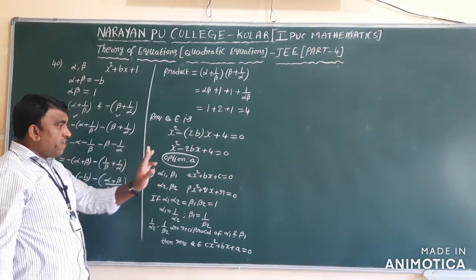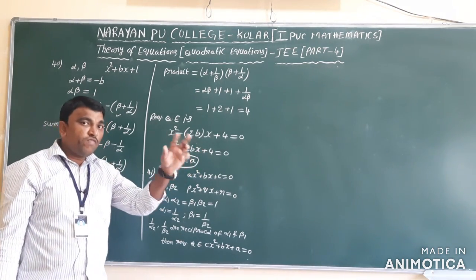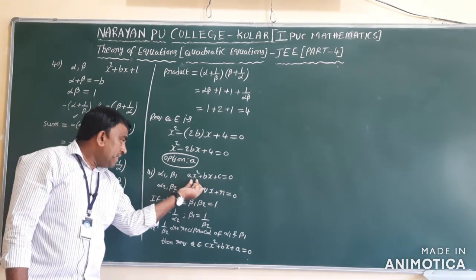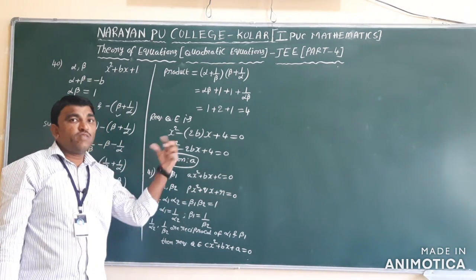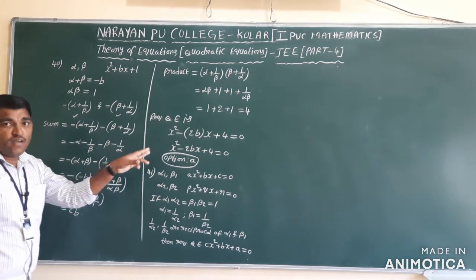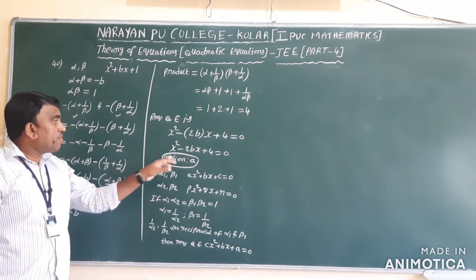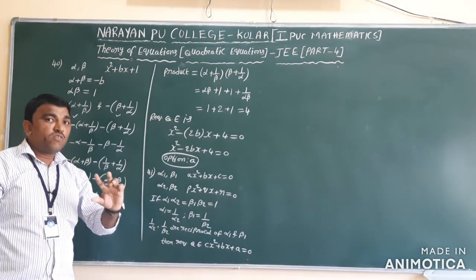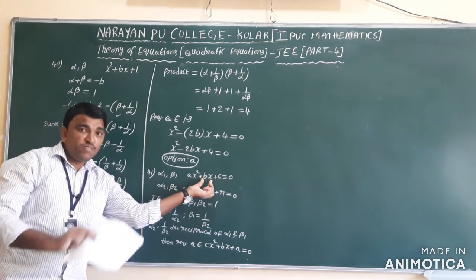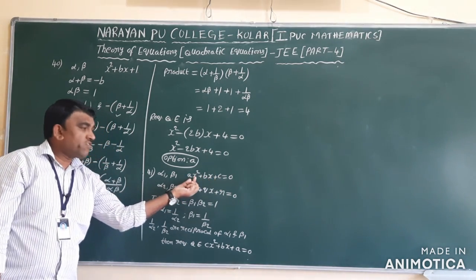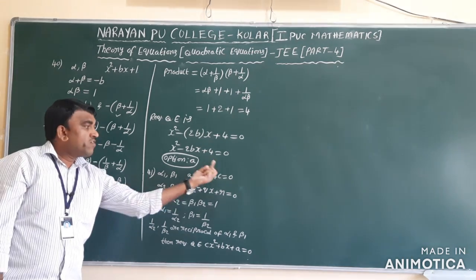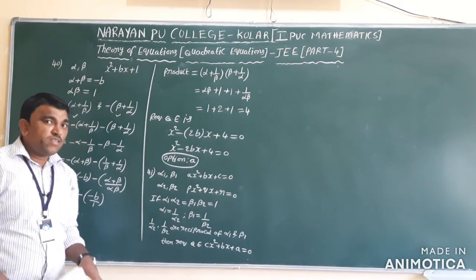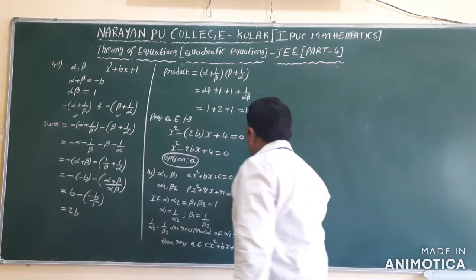So remember whenever roots are reciprocal, if you want to get the quadratic equation, x square coefficient and constant will be interchanged. Suppose alpha 1 by alpha reciprocal, beta 1 by beta. If you get reciprocal roots, quadratic equation will be changed, constant into the x square coefficient into the constant. Remember that, that is a general point. If you observe these two,